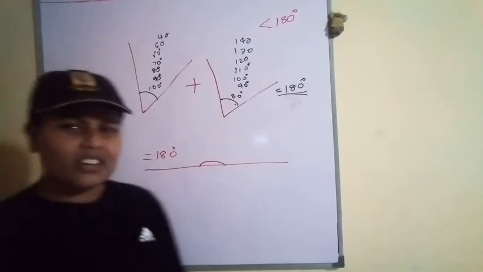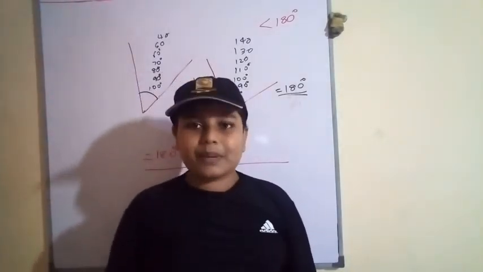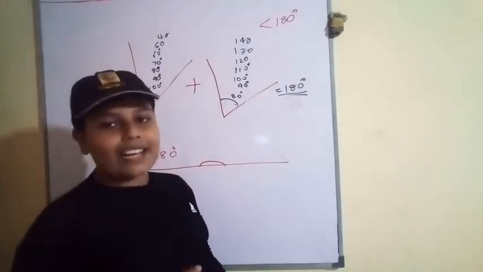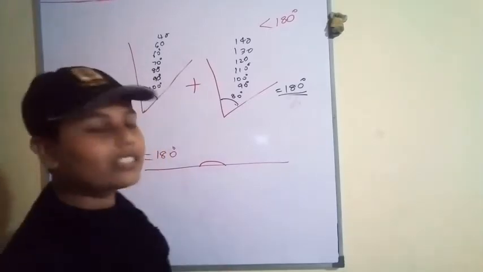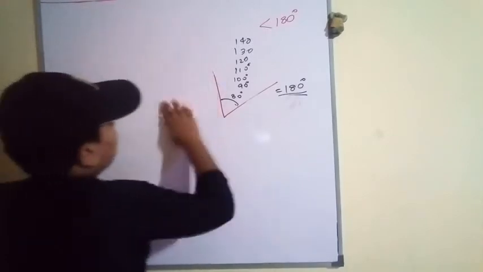So I think we have discussed supplementary and complementary angles. Any two angles whose sum adds together to 180 degrees are called supplementary angles. Okay guys, now in the textbook,